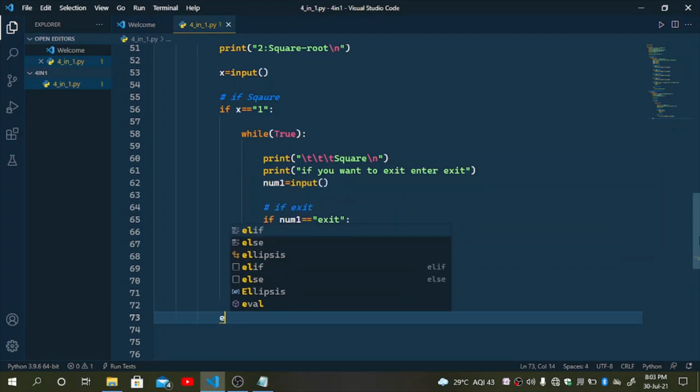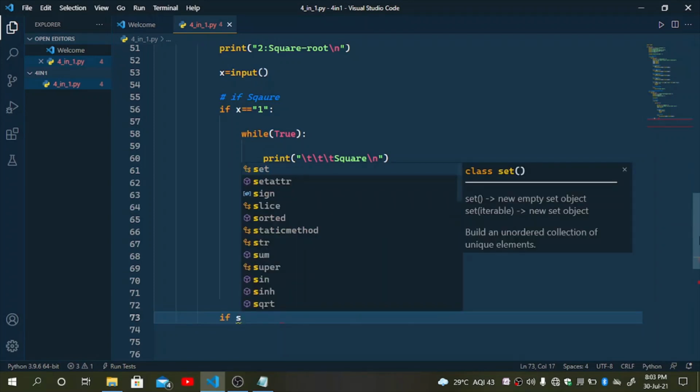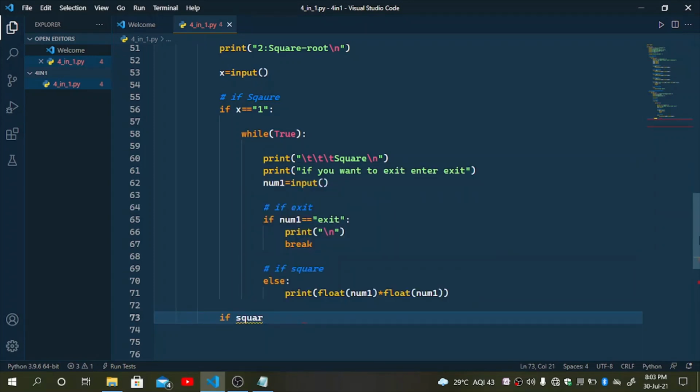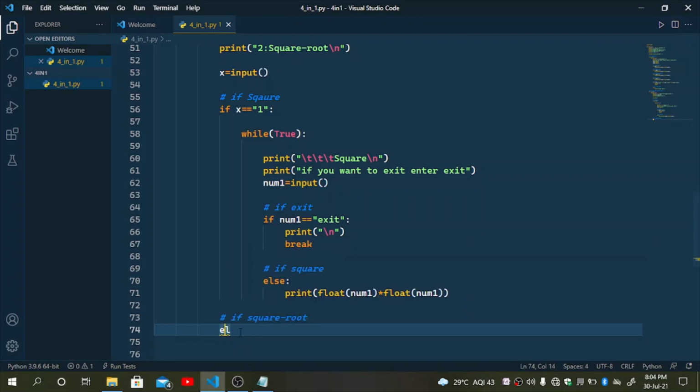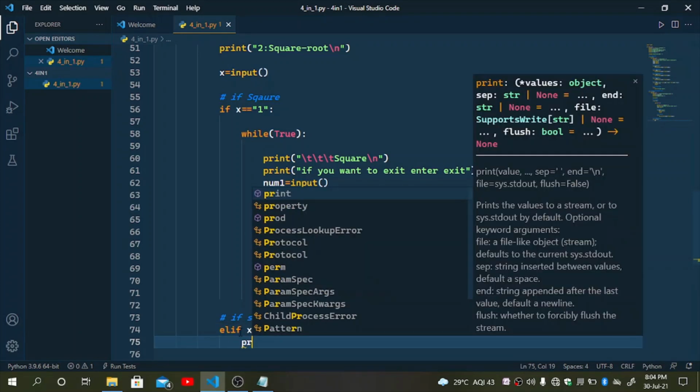If else, sorry, if square root. If you want to use square root, okay, if else. If x is equal to 2, then print